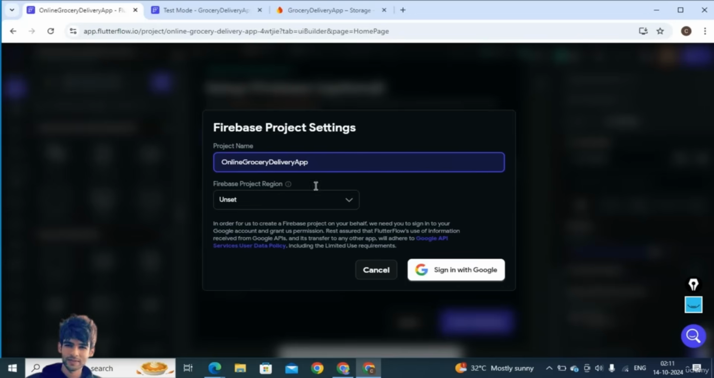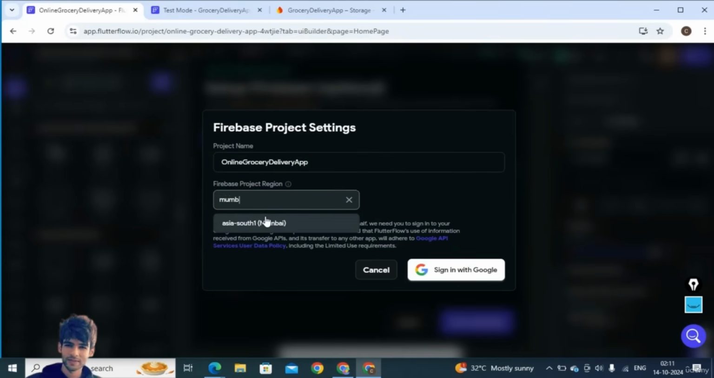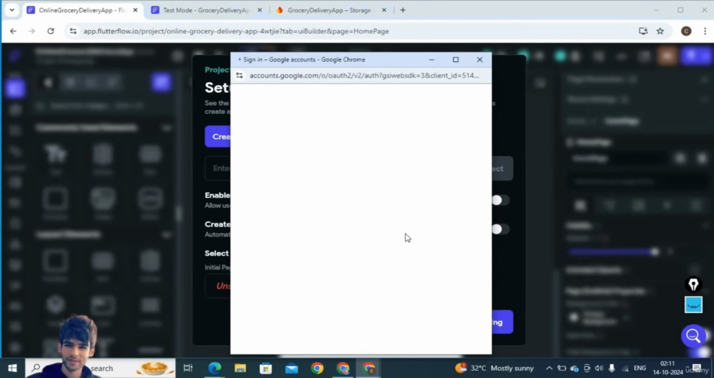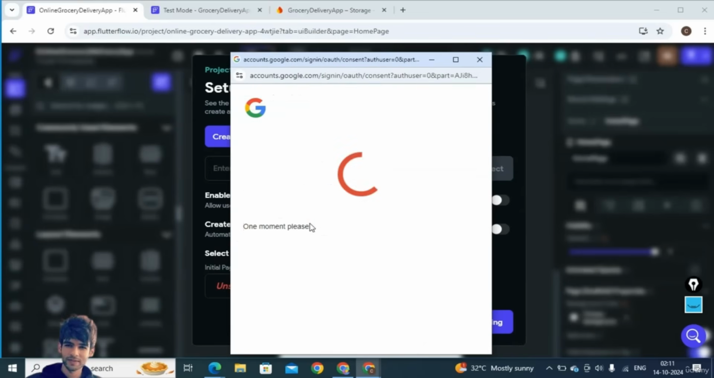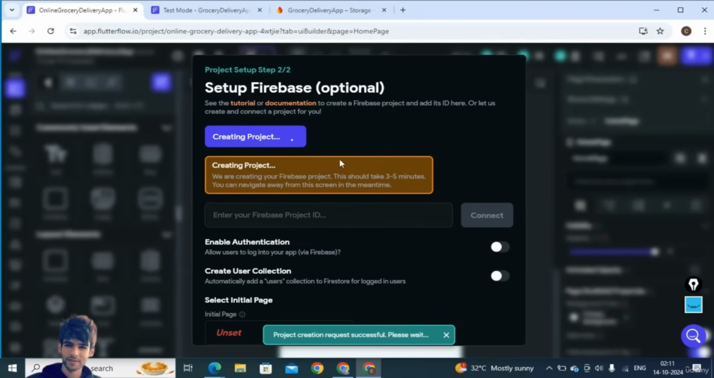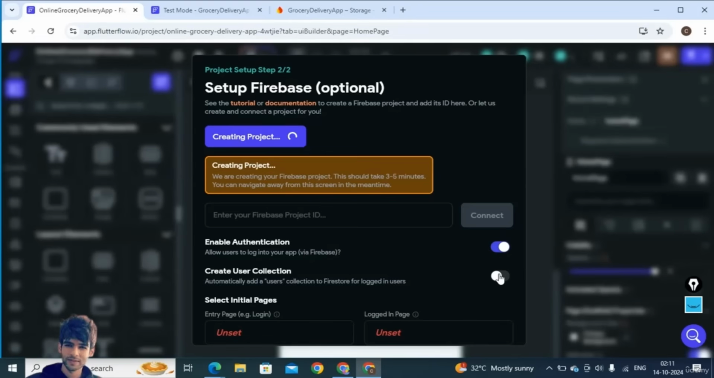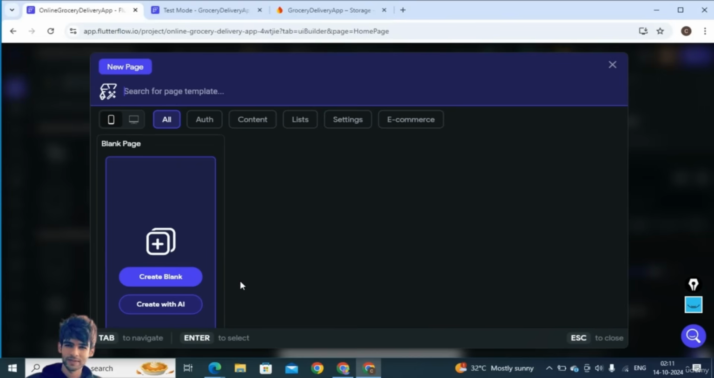Create new project, and I am from India, so I will select Mumbai here. You can select the nearest possible region. Sign in with Google. Let's sign in this. Okay, so this will take a moment. Till then, we will enable the authentication and create user collection as well,